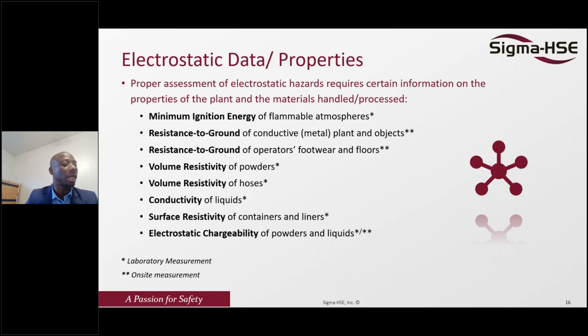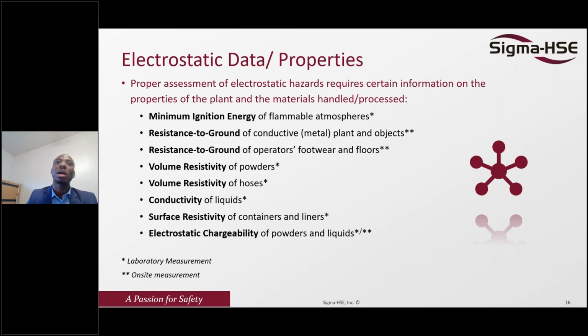So there are key parameters. In case you tell me, okay, Dr. Ade, come to my facility and do an electrostatic hazard assessment on my operation, I need to know some key parameters. That's where I'll come with maybe my megohmmeter, my field meter, which is JCI 140. So I'll come with all my various equipment to your facility. First of all, I need to know the minimum ignition energy of the material. That can be done in the lab. So to know the minimum ignition energy, I'll be able to know, okay, is the energy that you are going to release through your operation able to ignite the material or not? Then I want to know the resistance to the ground, maybe how many ohms.